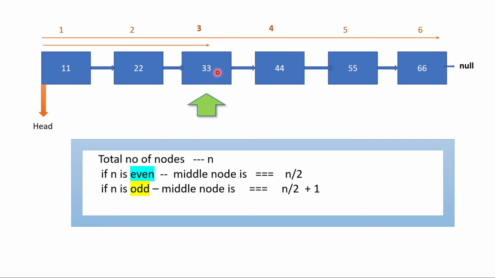So the number of iterations we are doing here is: first we traverse the full linked list and get the total number of nodes, then we calculate which one is the middle node, then we traverse up to that, and this is the result. Now we will see if we can do it in a single iteration. Here we did 2 iterations, so we have to check whether in a single iteration we can get this middle node value or not.